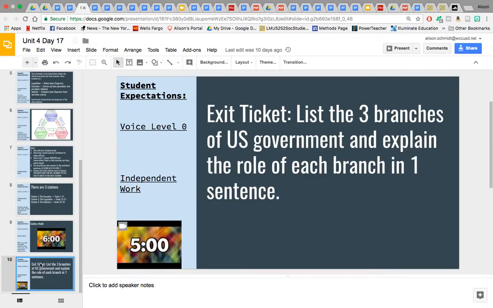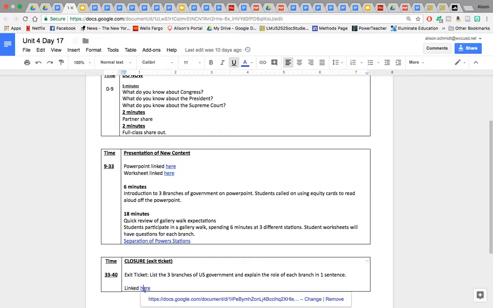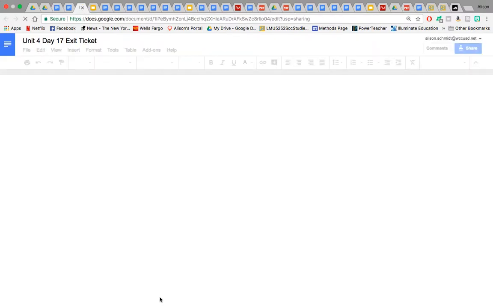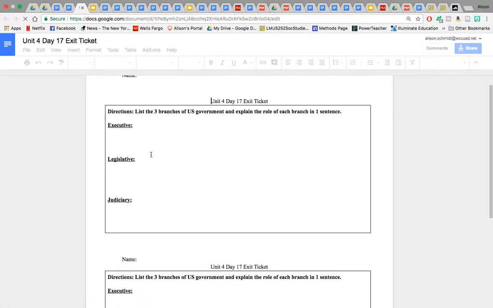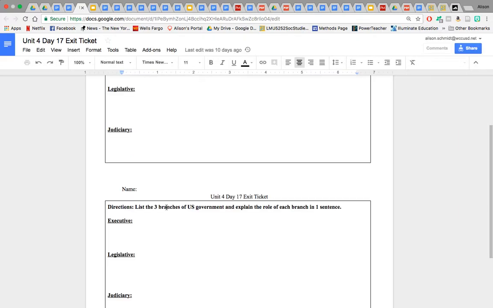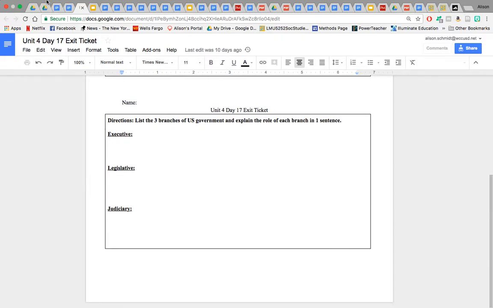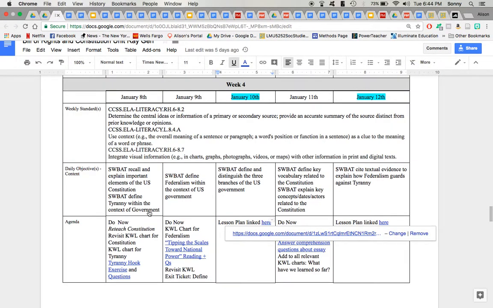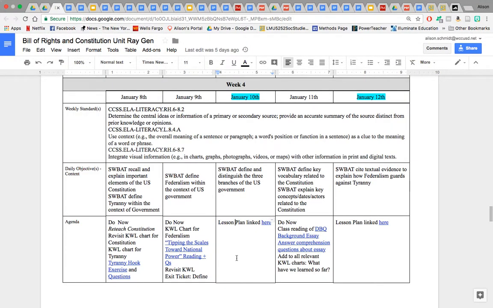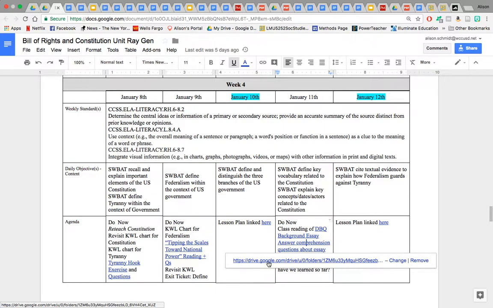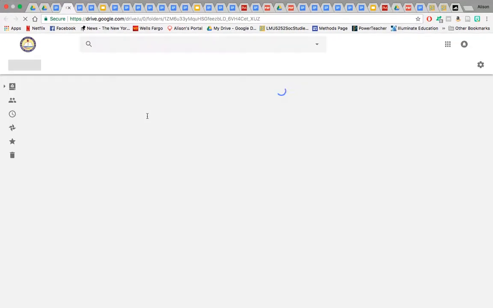At the end of the week, they're expected to list the 3 branches and then explain the role of each branch in 1 sentence. So here is the little exit ticket that I have made up for them. I'll be slicing it in half and then passing it out just to save paper. Just 1 sentence, explain what it is, nothing too complicated, just to make sure the kids were on it that day. And then after that, they're going to jump right into the background essay for the